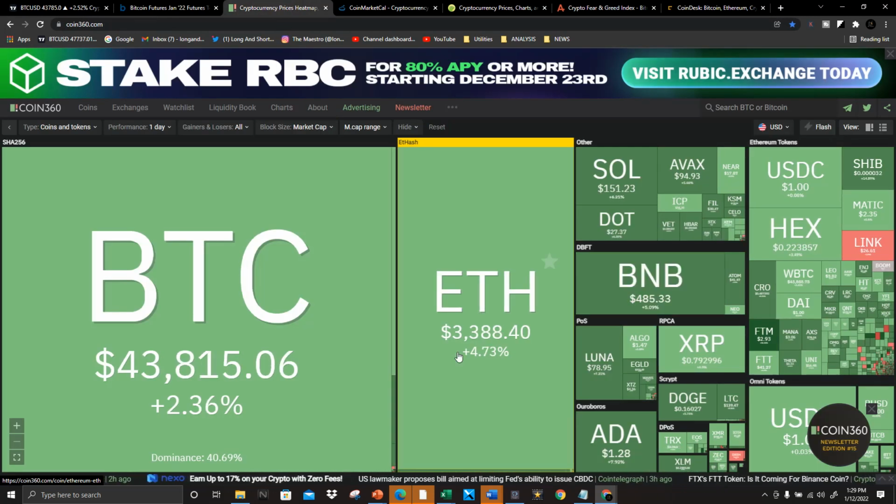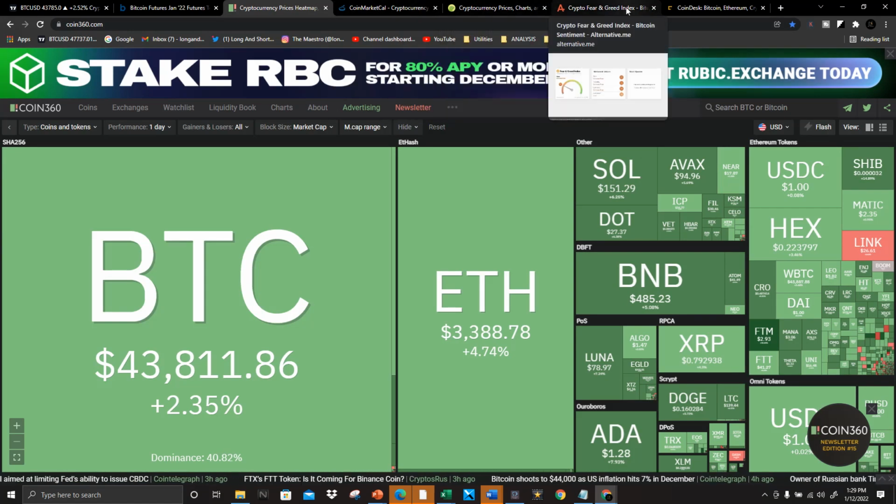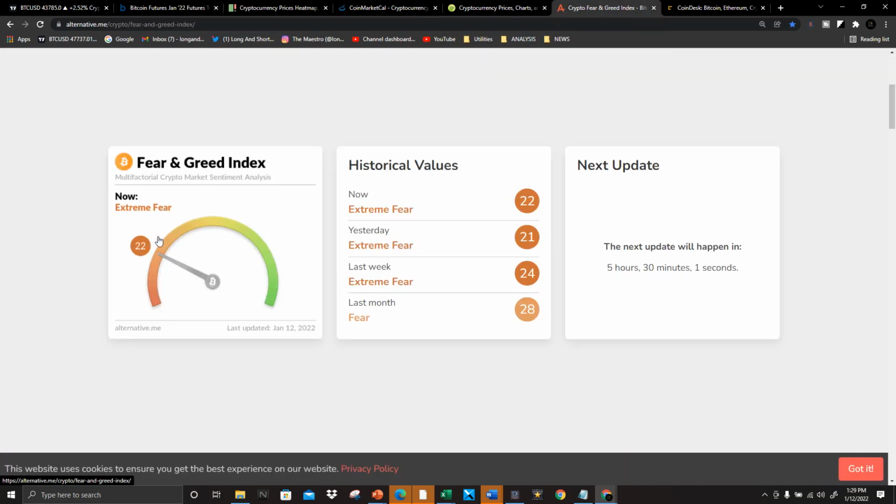Looking at the heat map, everything looks green. This is a sea of green. These are the things that we like to see, right? Nice big percentage gains on the day across the board. This means that the money is flowing back into the market for a particular reason, okay? Whether or not it's the news or anything else, not exactly sure. It could be because of the fear and greed index and the fact that retail traders are sitting out on the sidelines waiting for things to happen.